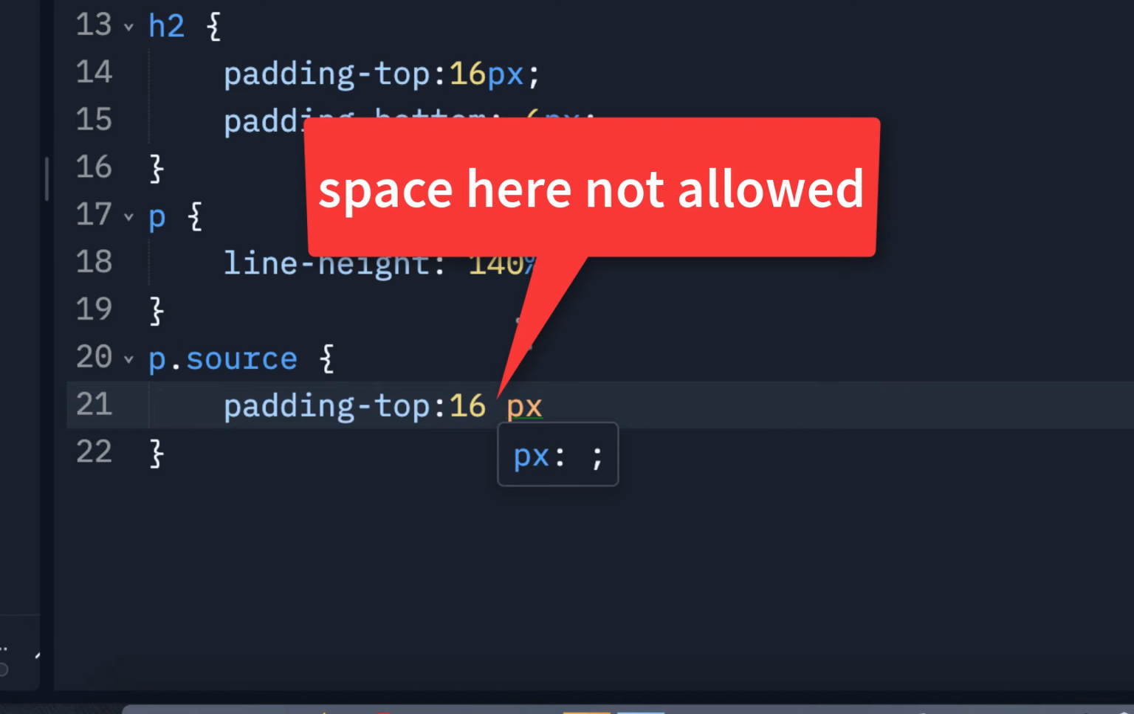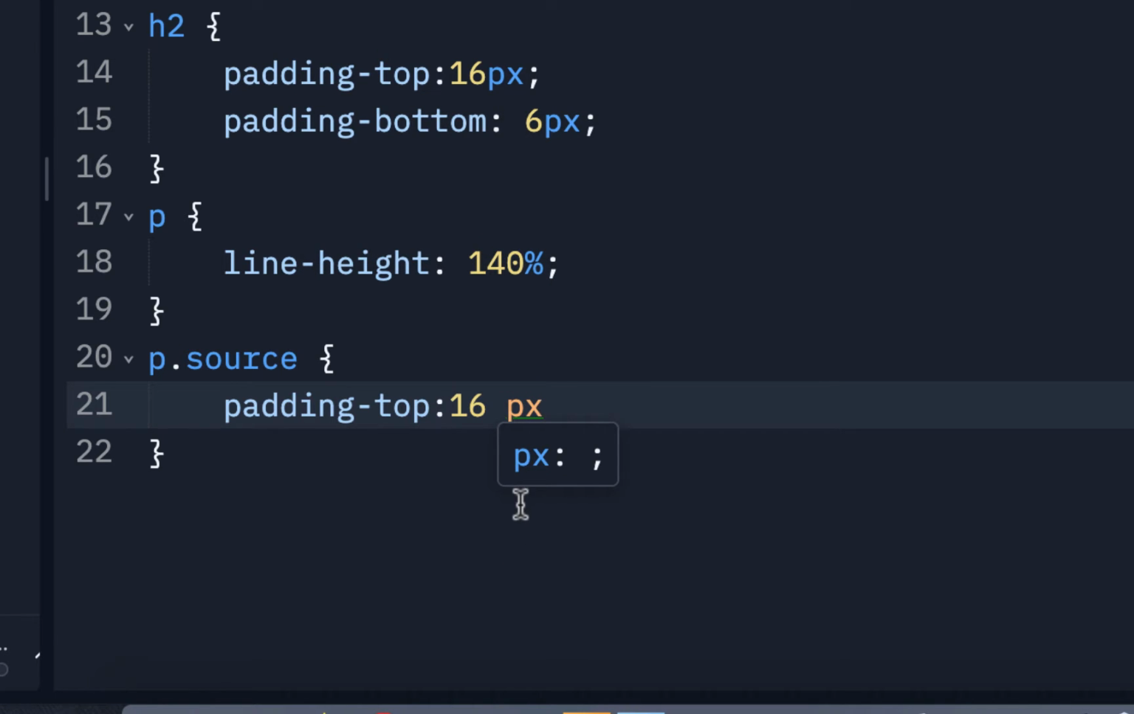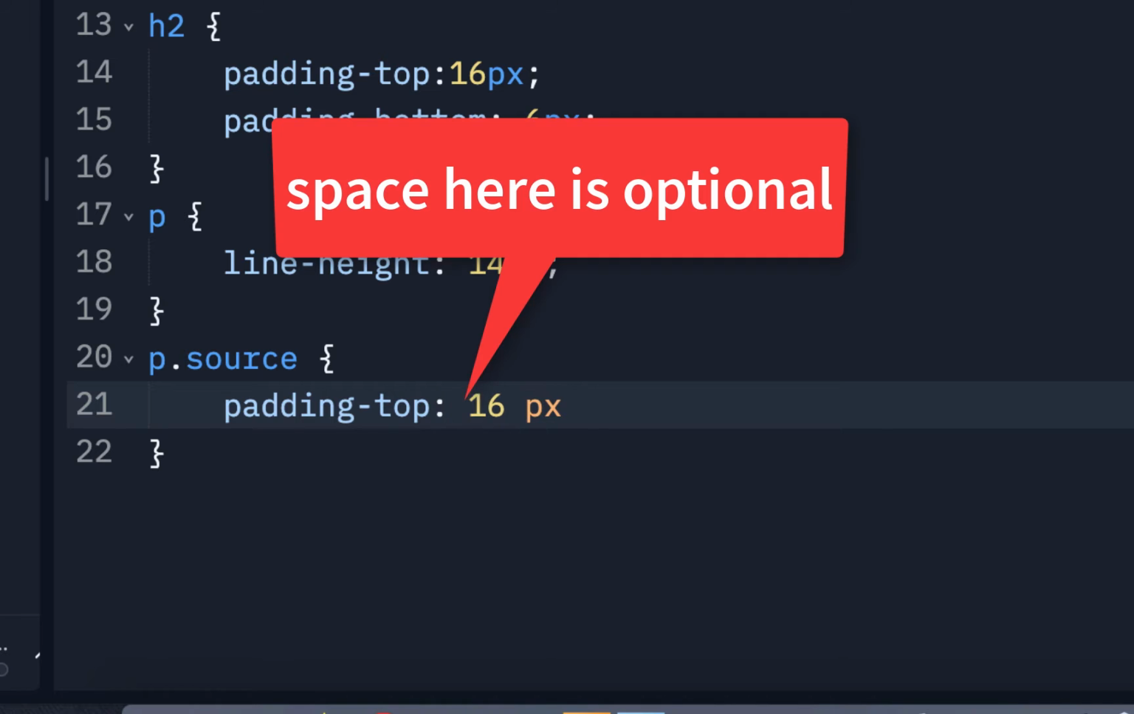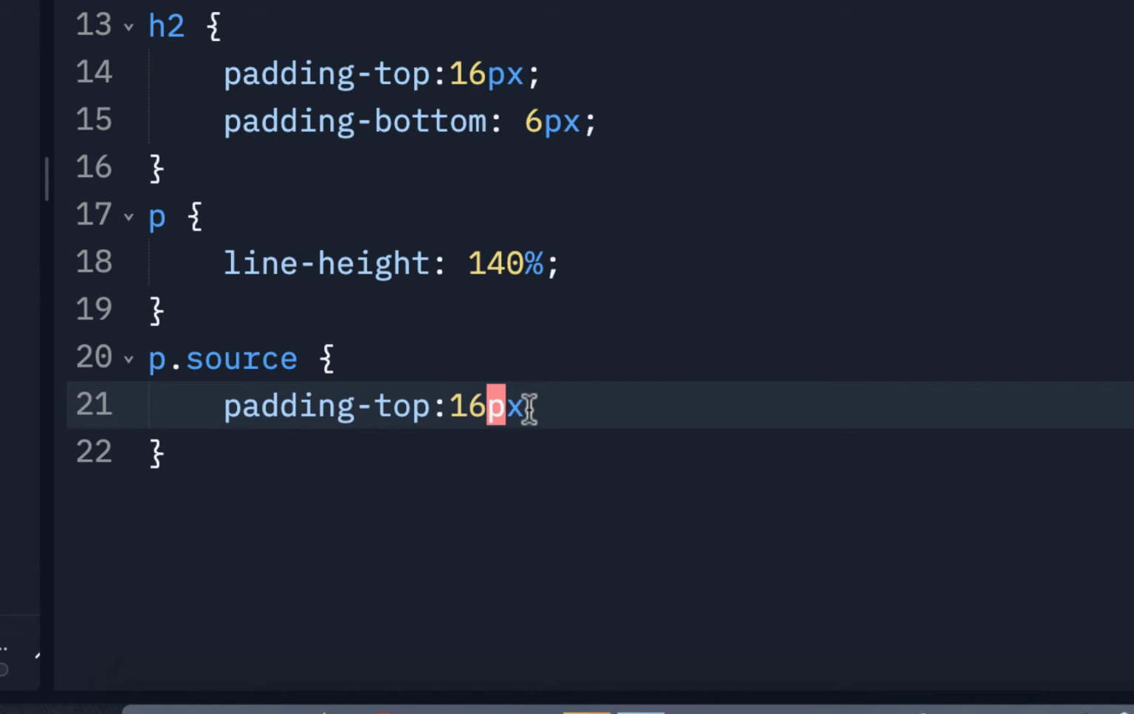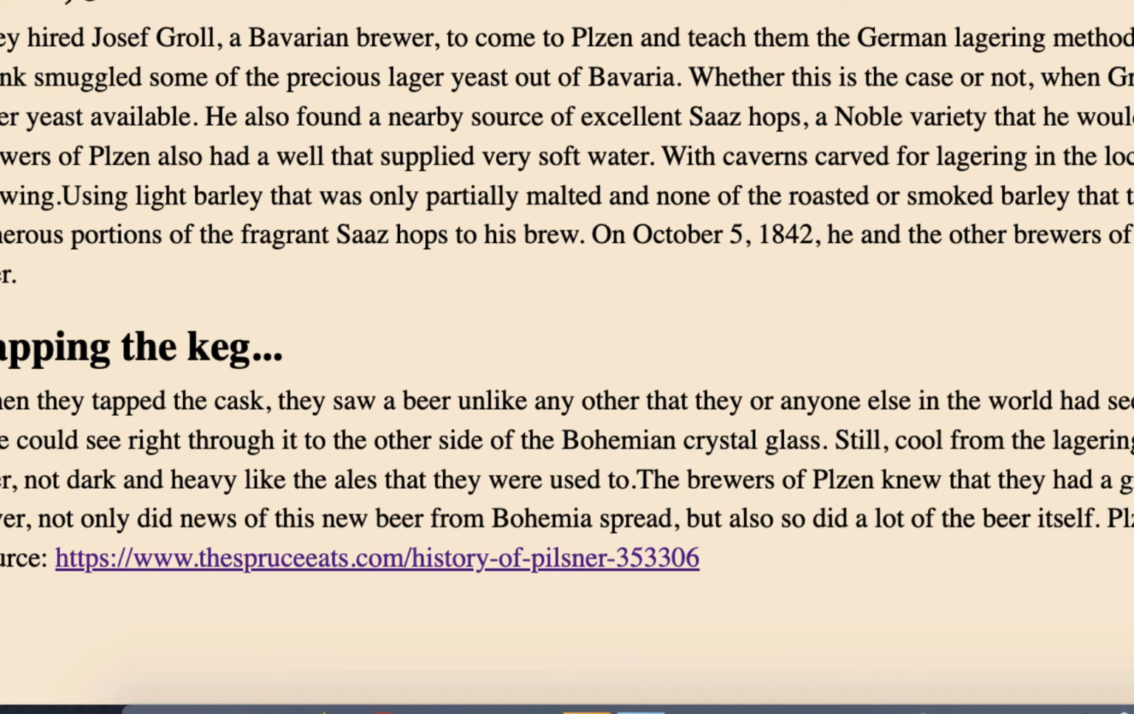Notice that it's showing up in orange where these are in blue. So I can put a space here or not put a space, but between the unit and the number, I have to make sure I don't have a space because they go together, and I'll do that. So now it's targeting P with the class name of source, and when I go here and I refresh it,